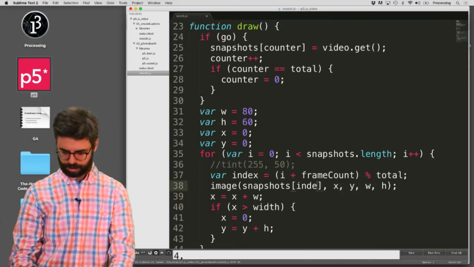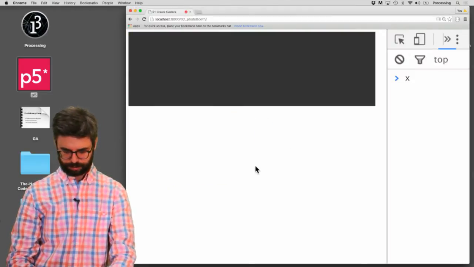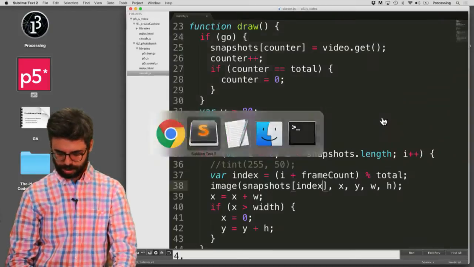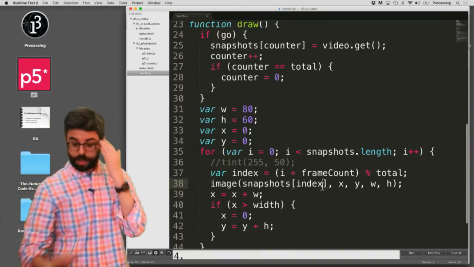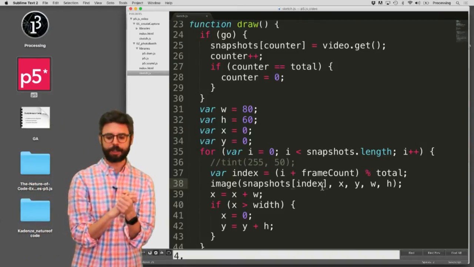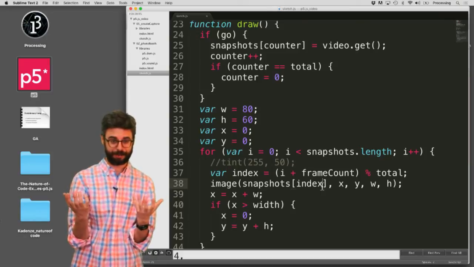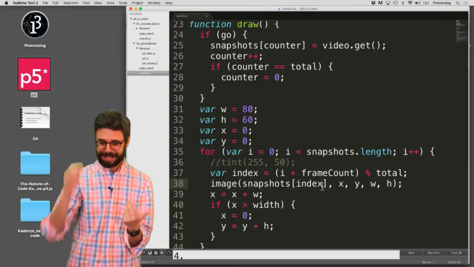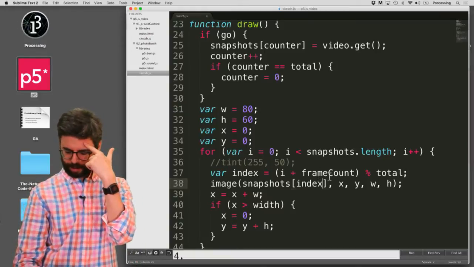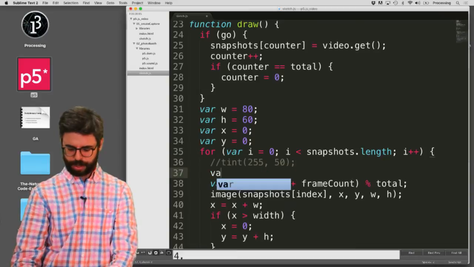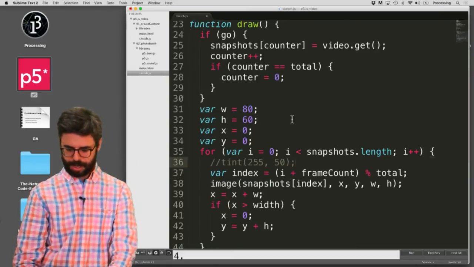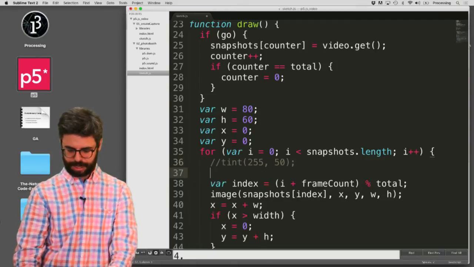So let me run this. See if this does what I expect. Oop. I have an error. Oh, so first of all, I can only do this once counter has got, I need 40 images first to start with. So this is only going to work once I have the total amount. So I want to think of a really simple way to approach this. I'm just going to say if,